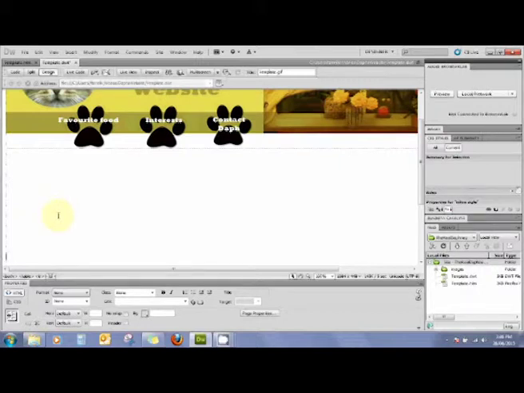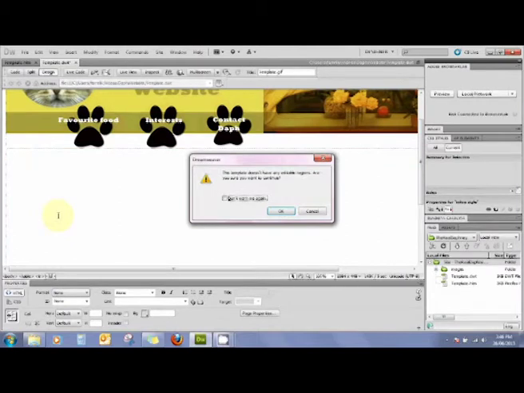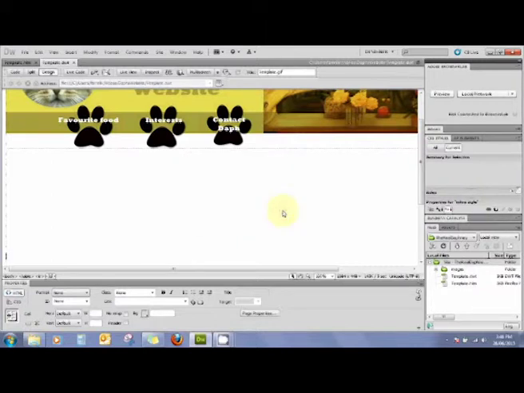Okay, Control S, always save your work. And look, it's saying this template doesn't have any editable regions. Are you sure you want to continue? Well, yes, I do want to continue, and that's a very good point that you've made. So in this editable region, I'm going to right-click,